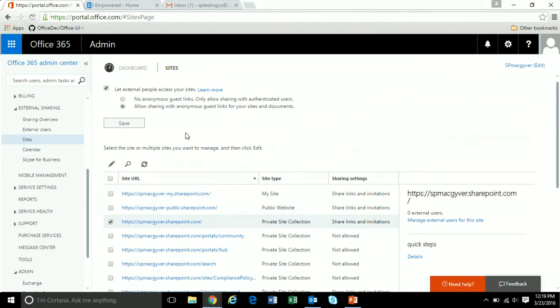So my recommendation there, for the most part, if you're doing an extranet type thing, would be to choose no anonymous guest links, only allow sharing with authenticated users. So that first option. The other option would be good for, let's say, if you have some kind of